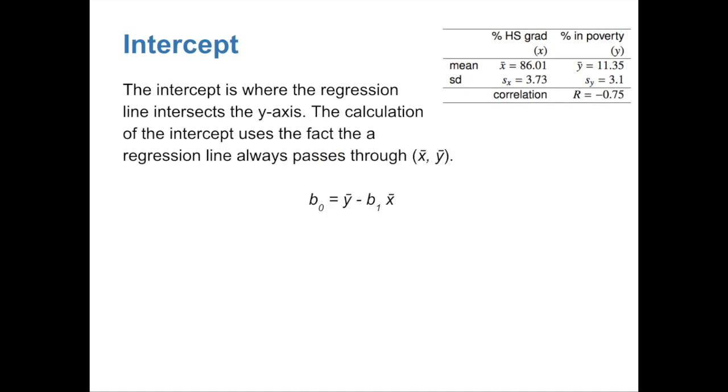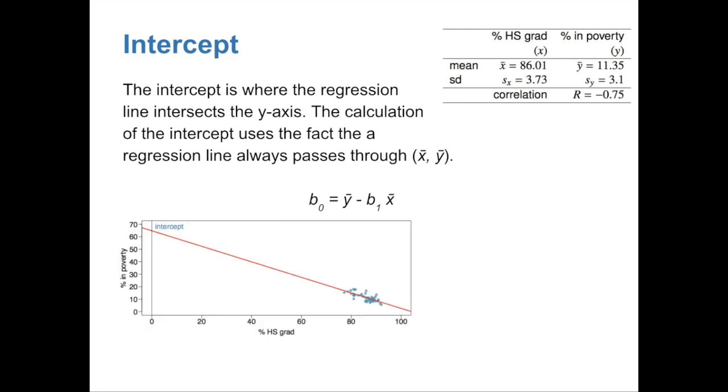Now that we have the slope, let's find our intercept. The intercept is where the regression line intersects with our y-axis, hence why we also call it the y-intercept. The calculation of the intercept uses the fact that a regression line will always pass through the point of averages. Therefore, we can substitute in our average y value, which is 11.35 from our table, minus our slope, which we already found as negative 0.62, times our average x value of 86.01. When I use my order of operations to simplify, my y-intercept is